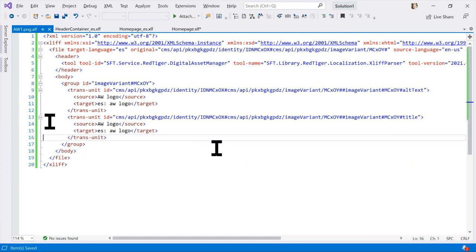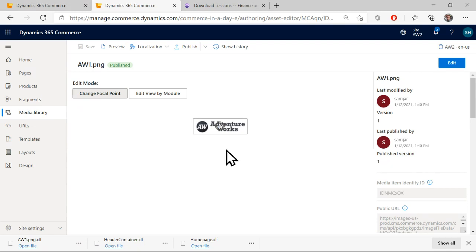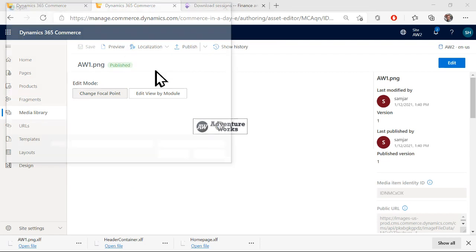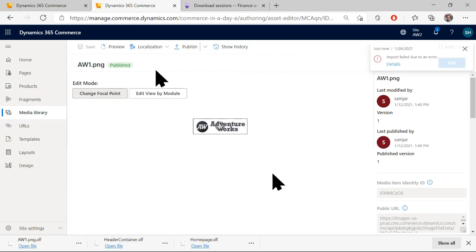All right, and then let's re-import this back in. Oh, I did. Well, that's fine. Let's just do this. Import XLIF. It is that file that I just saved changes to. Import failed due to an error. Okay. I ran into this last time. Let's see if